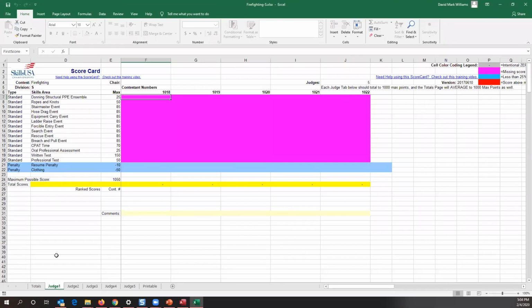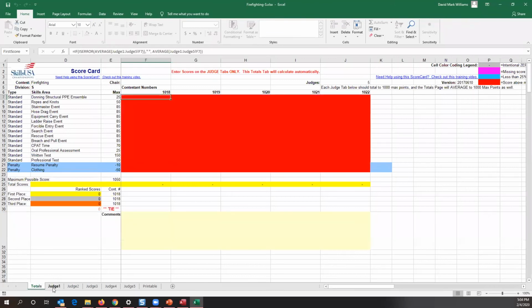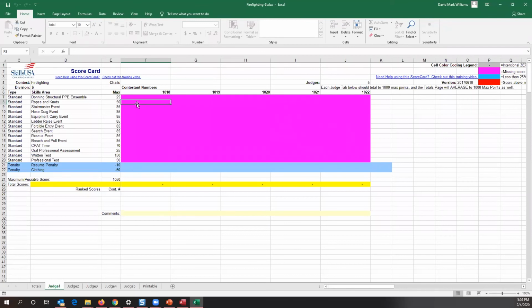So this one has judge tabs. We haven't really talked much about judge tabs yet, but you notice there's tabs along the bottom, one for each judge. And what we like to do is we like to not see any colors here at all. So if I put in some scores,